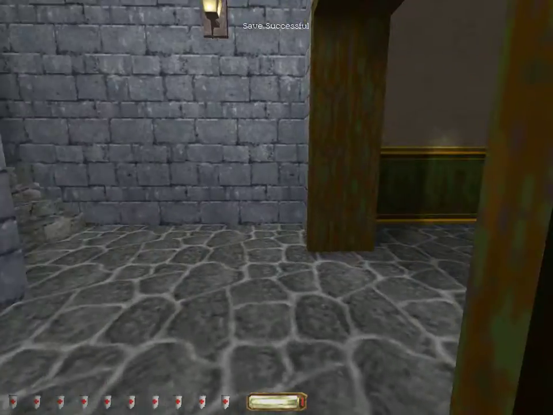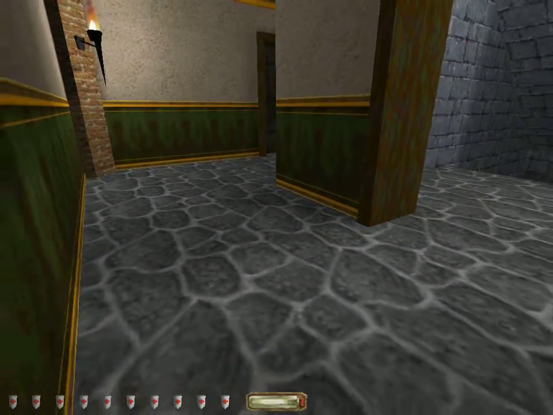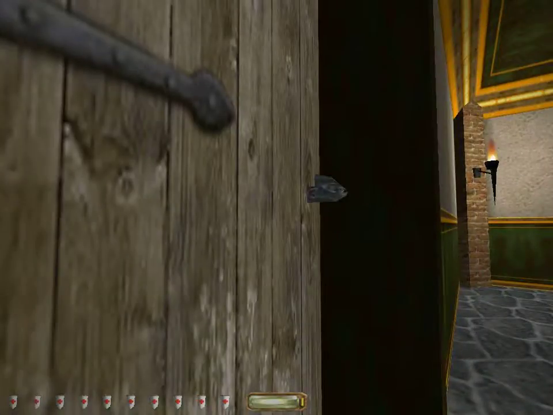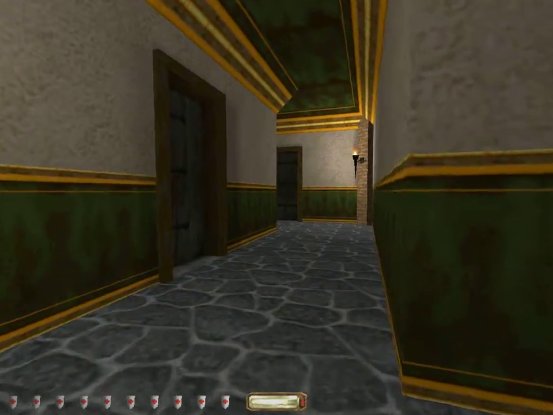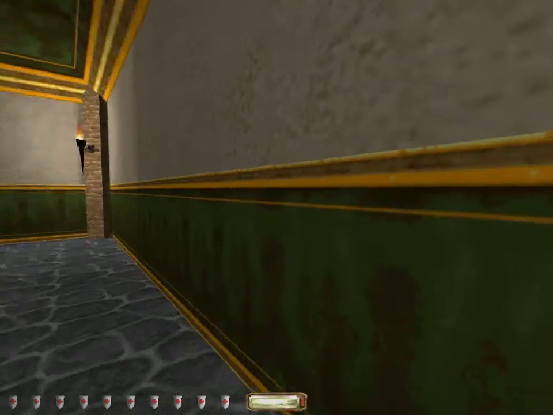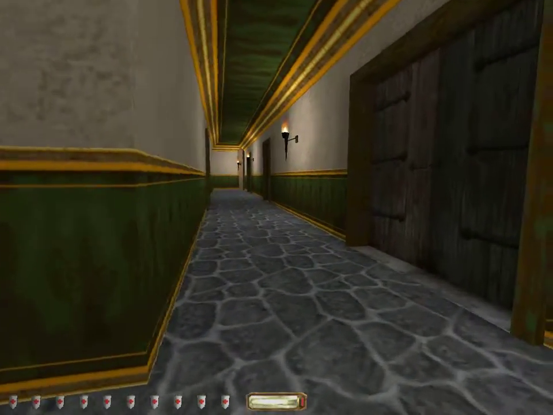I'm going to quick save here. This leads out to the courtyard. I don't need to go out there, but I wanted to come over here just to be hopefully out of patrol routes to quick save. And then...